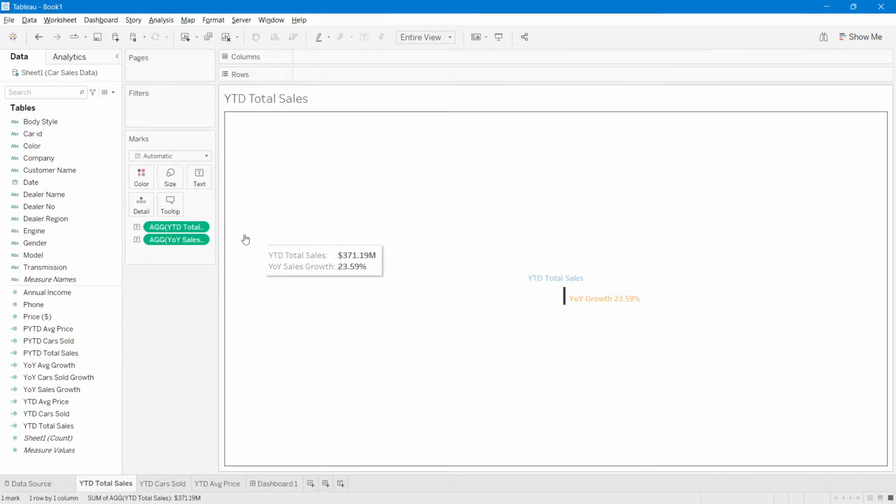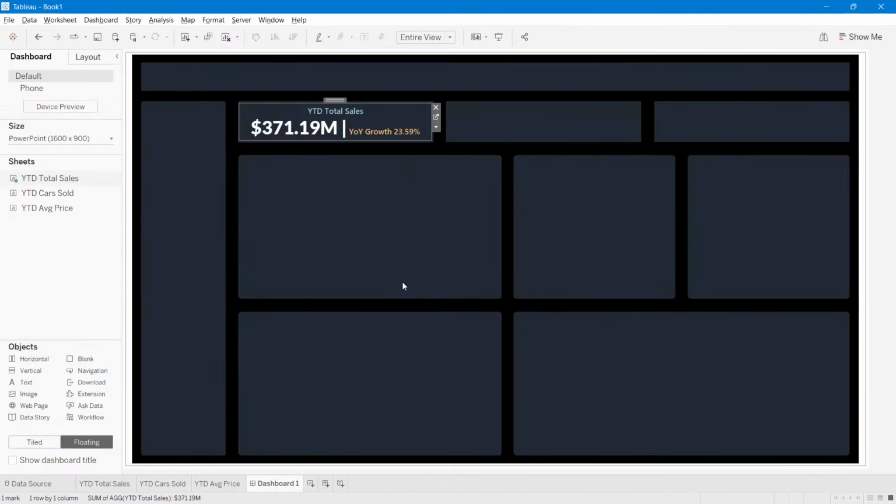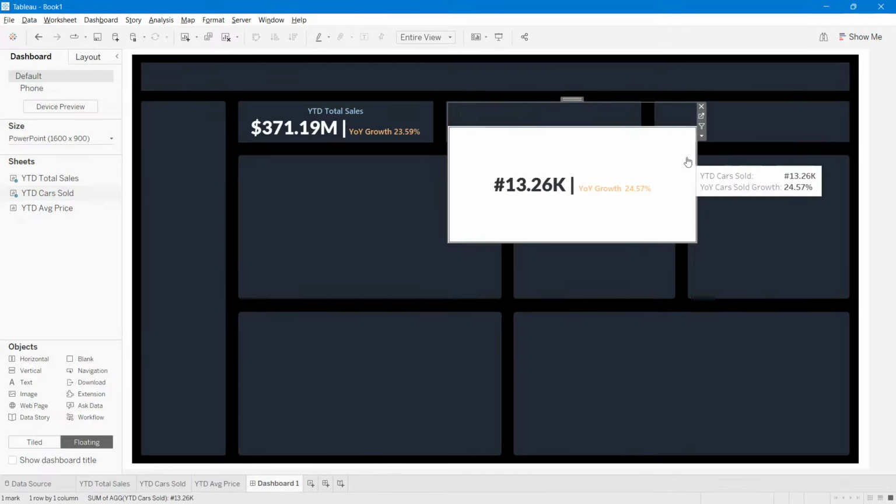So I will just select this again, text, and here you can see this is also remaining to convert to white. Just white, apply. Okay, and now it looks fine. All right, the same way we will do for the next KPIs. So what I will do, I will just take cars sold, I will add it over here,